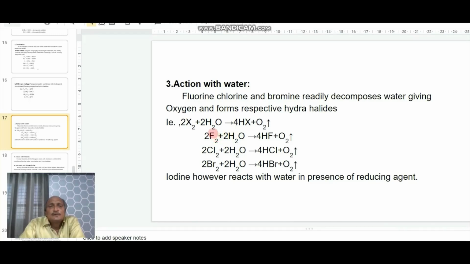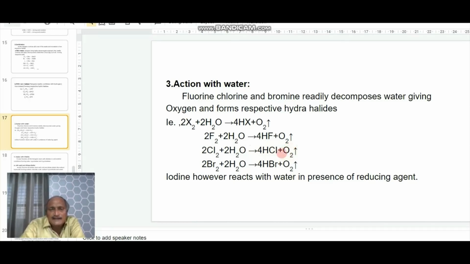Here, water undergoes decomposition. For example, 2 moles of fluorine combine with 2 moles of water, forming 4 moles of hydrogen fluoride with the liberation of oxygen. Similarly, 2 moles of chlorine combine with 2 moles of water, forming 4 moles of hydrogen chloride